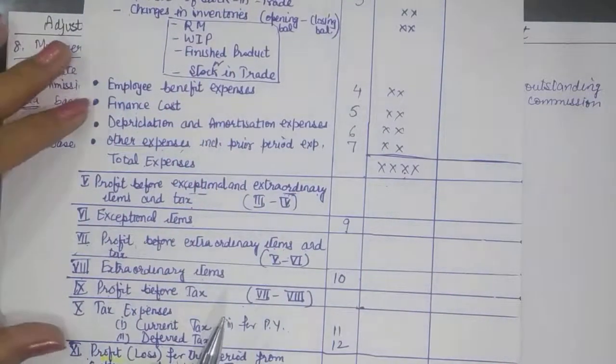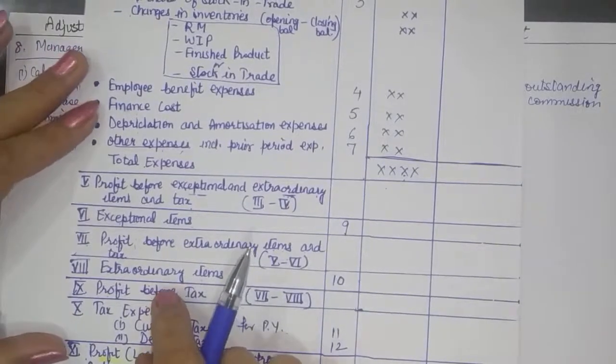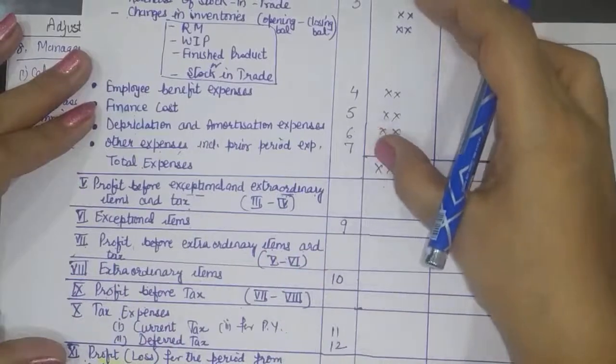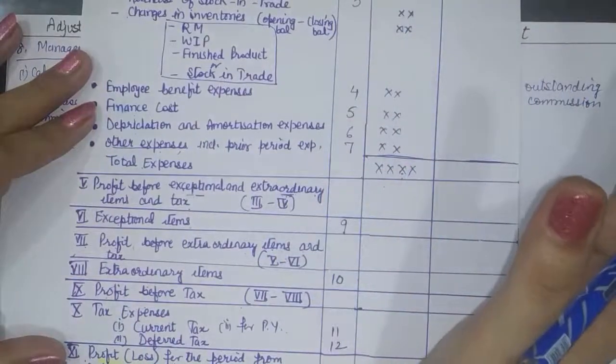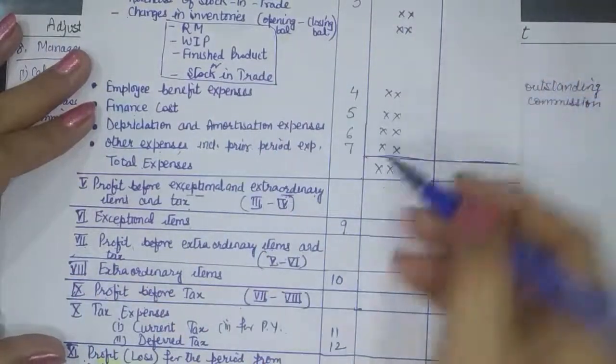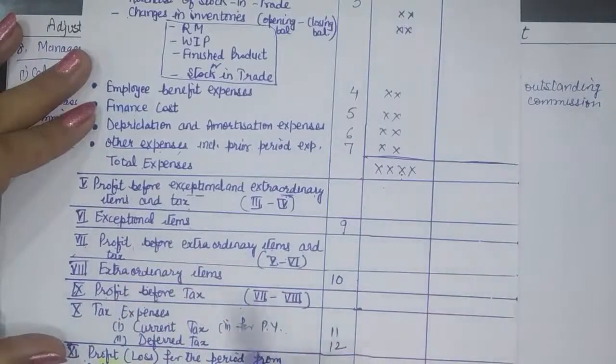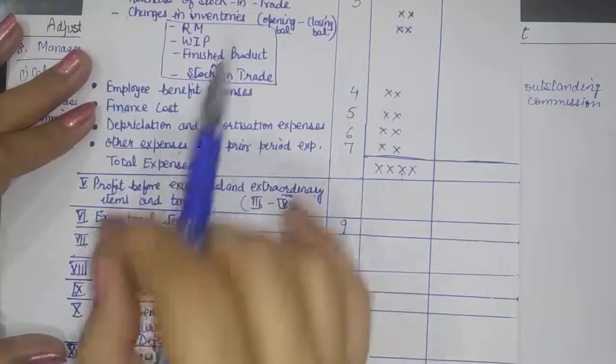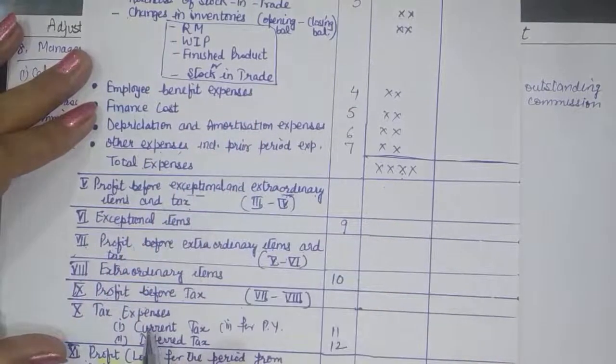And since we haven't yet calculated this profit, at the maximum we can record all expenses except manager's commission. So this we will be doing in working notes. So the profit that we will be getting here will be profit before tax, before manager's commission, because we need to add that commission